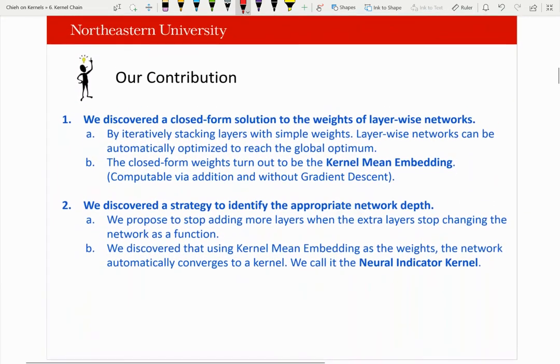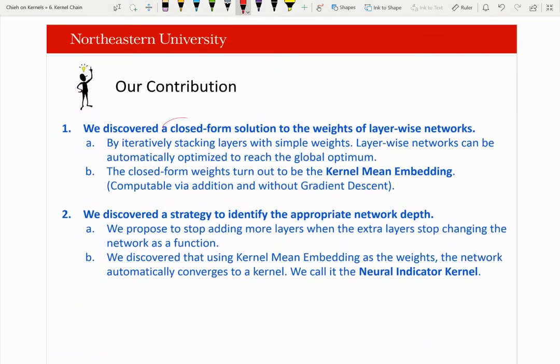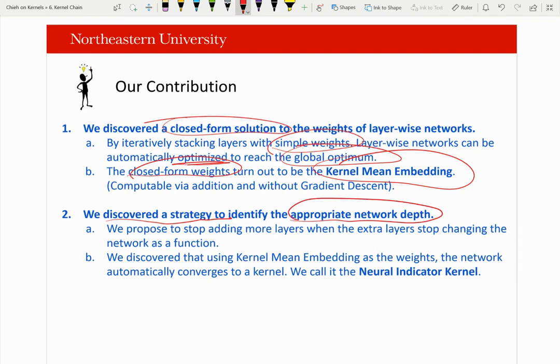So our contribution is that first, we discover a closed form solution, that it does exist and is theoretically possible. By using this simple weight and just stacking them together, the network automatically optimizes to approach the global optimum of the classification objective. And it turns out that this closed form weight is just the kernel mean embedding under our construct. The second contribution is that we discover a strategy to identify the appropriate network depth,